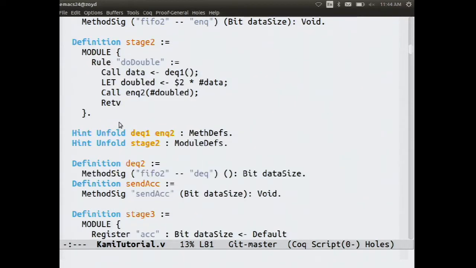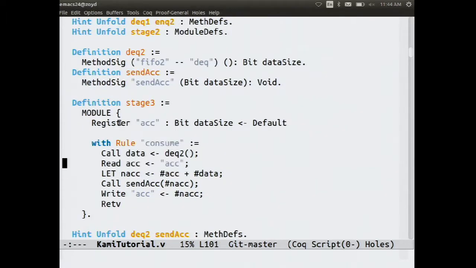And then a third stage dequeues from the second queue, has a local accumulator, and adds the current accumulator value to what it just read, and then sends the result of that addition off on the final queue. And then it replaces its own accumulator with this new addition that it did. Oh, so this is completely different than I drew, but that's one example of a pipeline.